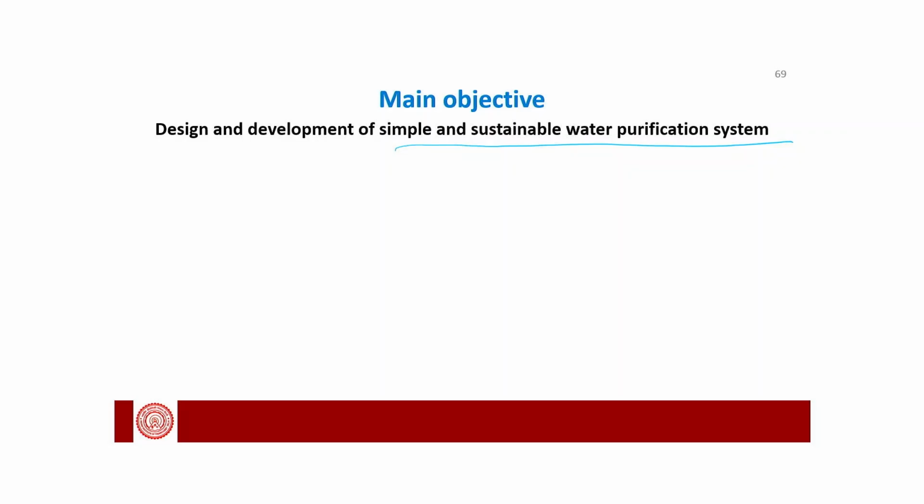But to treat this water, and in villages the electricity will be a problem, that type of technology will not be available. So, the simple technology should be there, where the villagers can handle or run this purification system. That was our main objective, but we have carried out these studies in different stages. So, the sub objectives are